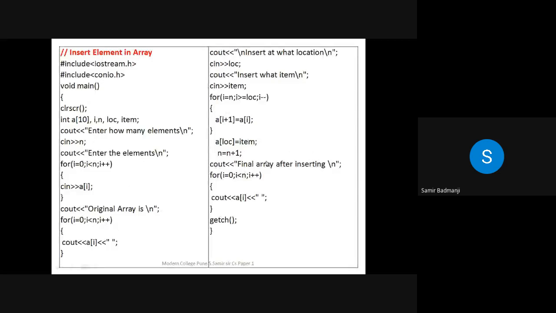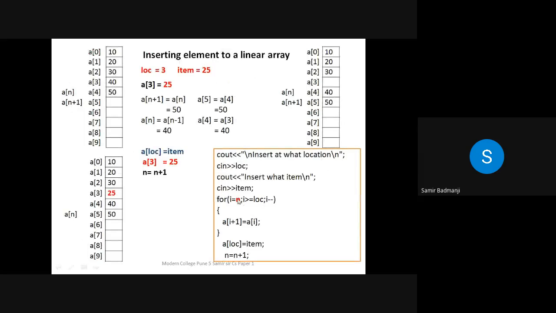See, this loop I have just written over here so that you will come to know that I is equal to n till that location. How we are doing this, I have shown you in steps. Create one space and then insert. So these two will be moved down.